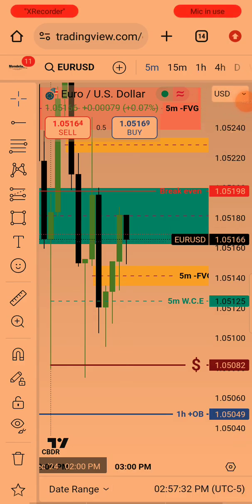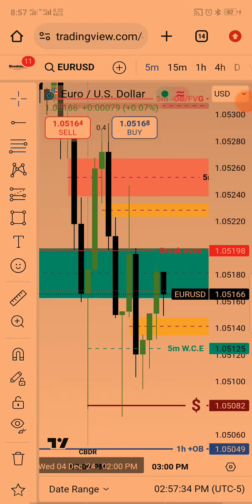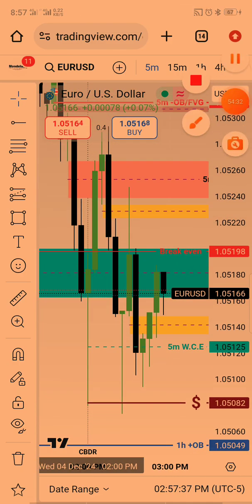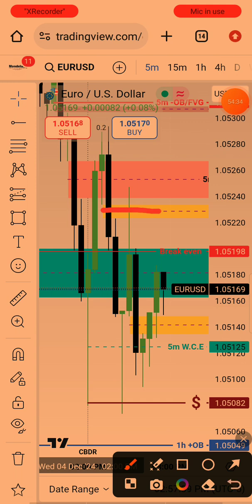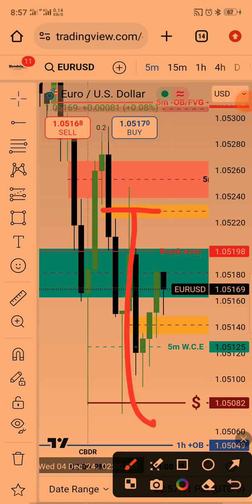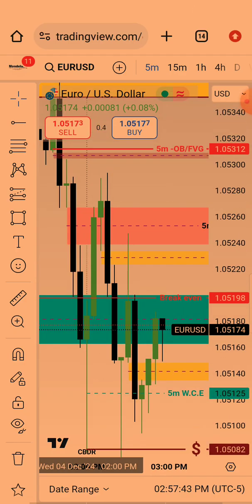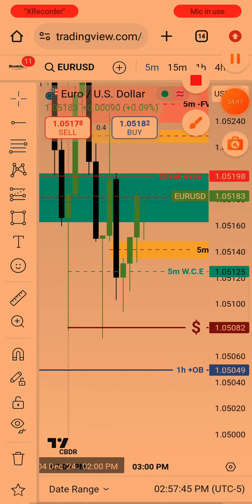Let me show you a valid fair value gap right here. You see this fair value gap right here? You see as price traded to it, it did not close above it, it respected immediately down, right? Then this one now, the way it's doing right